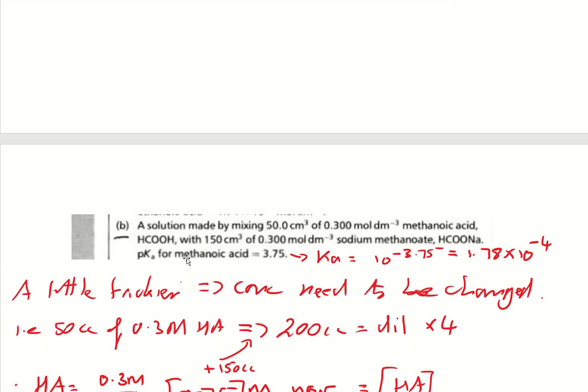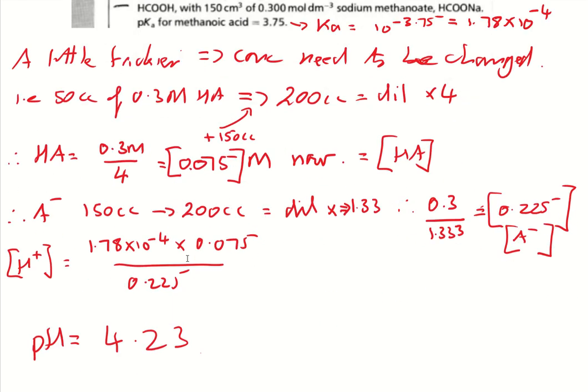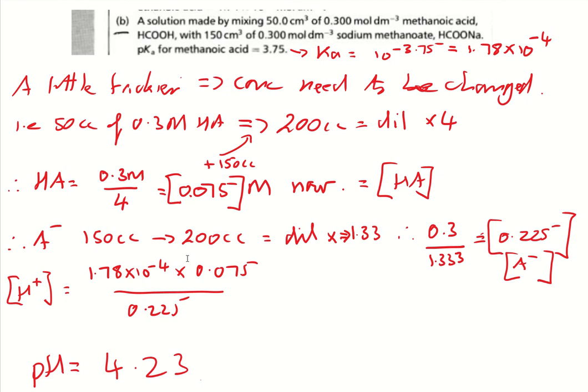So let's look at this one here, slightly different again. I'll put it on the board. The answer's up there as well. You can pause the video again, have a go at this one, or I'll talk you through it as well. So this one's slightly trickier. I wouldn't say it's a difficult one, but it's certainly slightly trickier, more representative perhaps of one that will come up in an exam. Right, this time we have 50 cc's of 0.3 molar acid and 150 of 0.3 molar